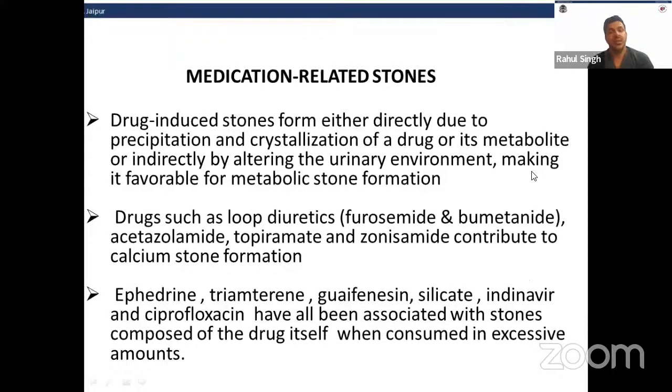Medication-related stones. Drug-induced stones form either directly due to precipitation and crystallization of the drug or its metabolite, or indirectly by altering the urinary environment, making it favorable for metabolic association. Drugs such as loop diuretics, furosemide, acetazolamide, and topiramate contribute to calcium stone formation. Other drugs, such as ephedrine, triamterene, silicate, and indinavir, have also been associated with stone composition of the drug itself when consumed